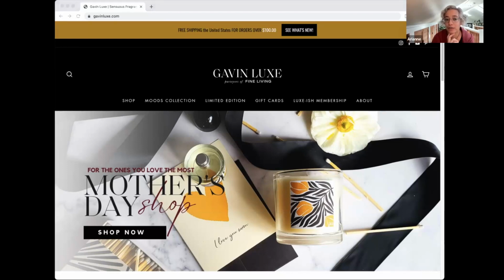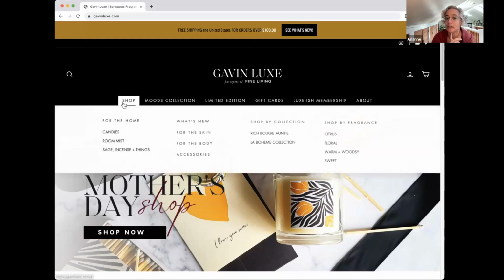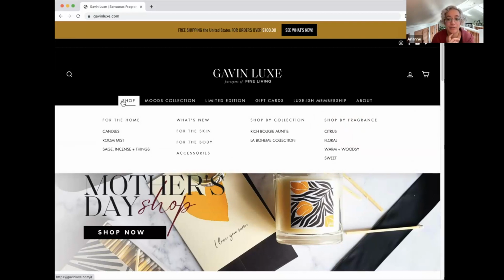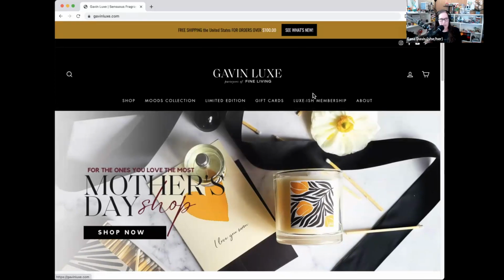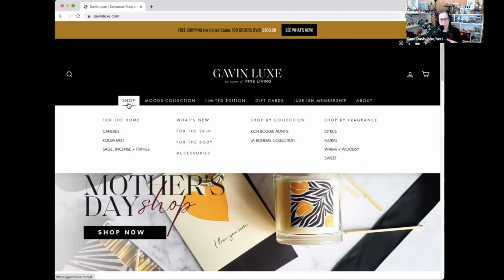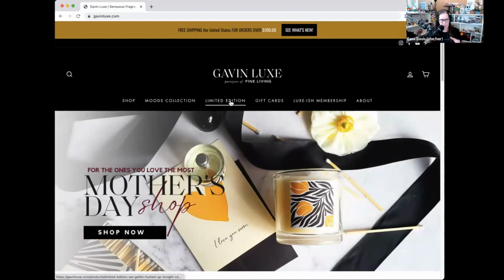So Alana, if you want to hover over shop, does it do anything? Yeah, there's everything. So I would love to see these main categories just visually across the top before I've done any work. Yeah, and one of the things that I try to do with my main navigation, these top navigations, is keep them to 5 or 6. So the amount you have up here is okay.